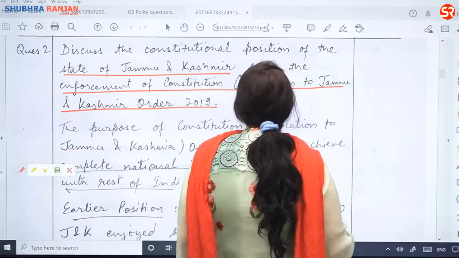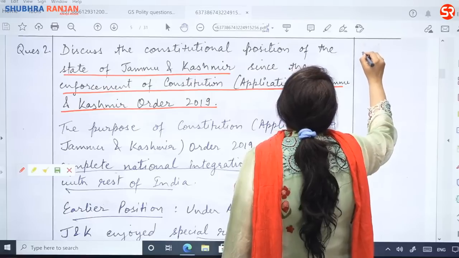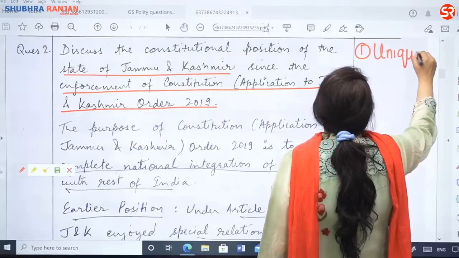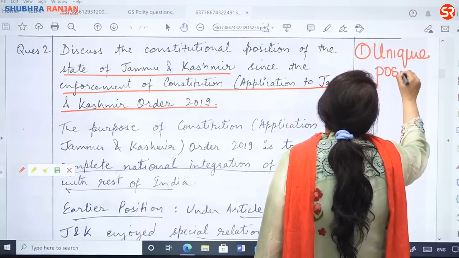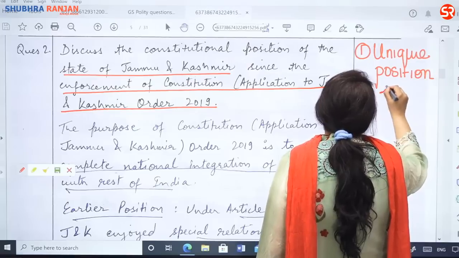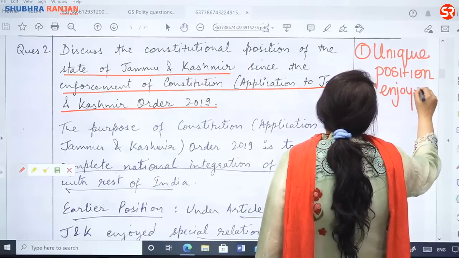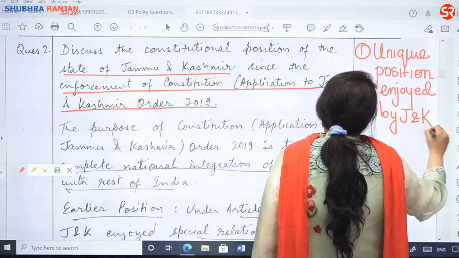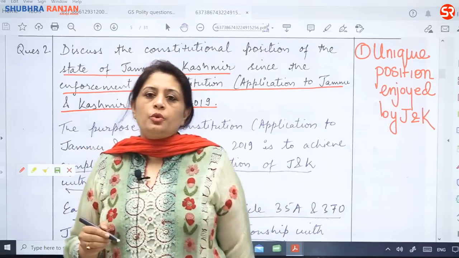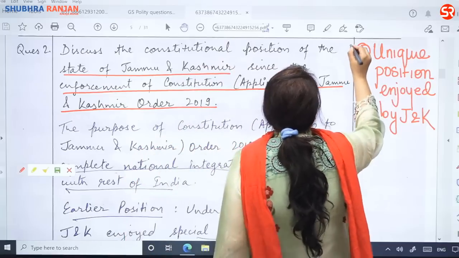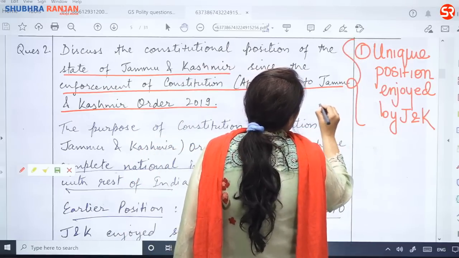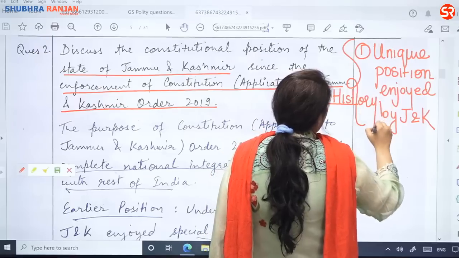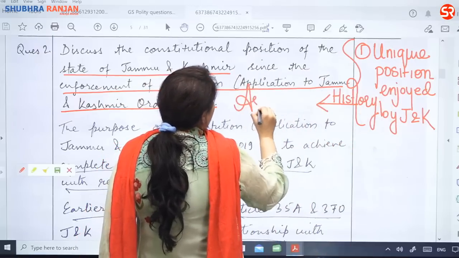The expectations are, first of all, we should tell about the unique position enjoyed by Jammu and Kashmir, and we can discuss the unique position enjoyed by Jammu and Kashmir in context of the special history of Jammu and Kashmir and in the broad framework of asymmetrical